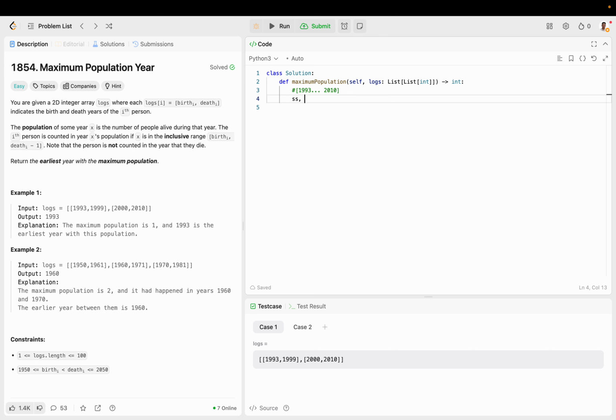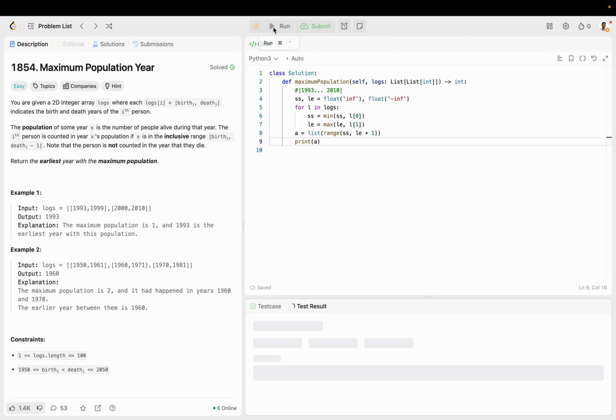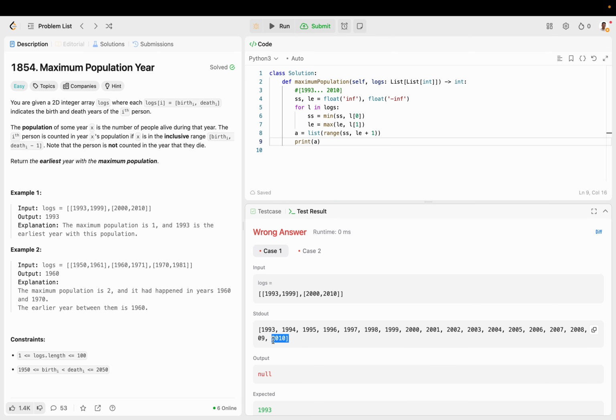So smallest start, largest end, float of infinity, because everything has to be smaller than infinity, and everything has to be bigger than negative infinity. For L in logs, SS equals min of SS and L0, so that's a start time. LE equals max of LE and L1, that's the end time. So now we have the appropriate start and end times, and you can verify that by printing A, so 2010,